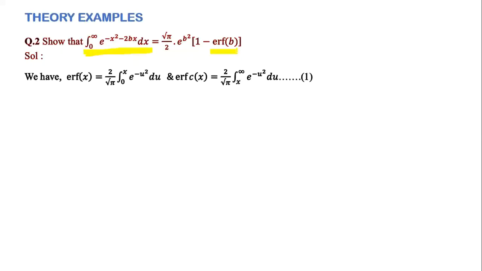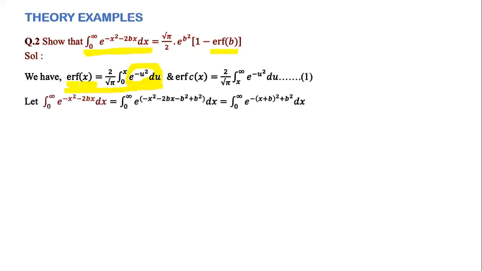So in solution, this is the definition of error function. So at the end, we need to write the given integral in terms of e raised to minus u square. Whenever you write this given integral in terms of e raised to minus u square, only in that case we'll get the corresponding answer in terms of error function. To do this, what do we do? We will do some adjustment here in that power.